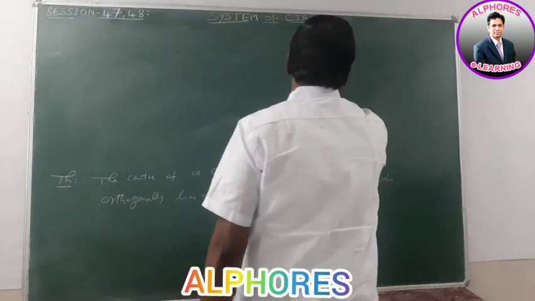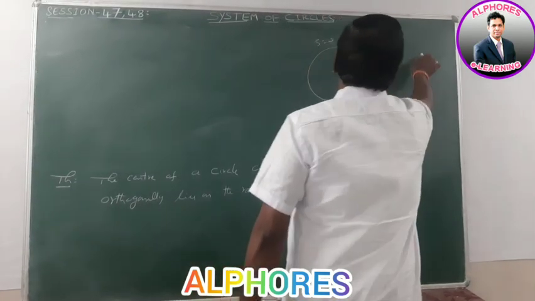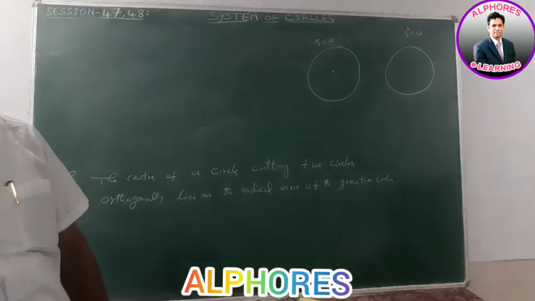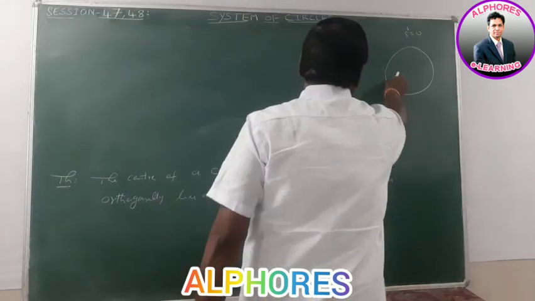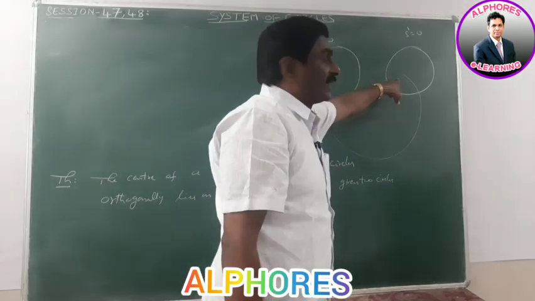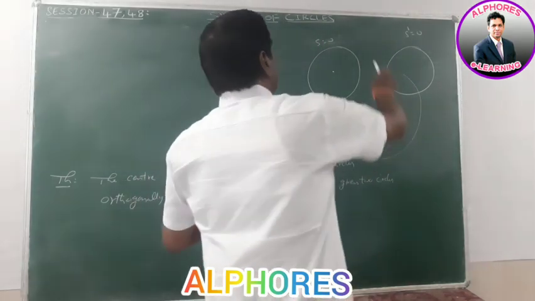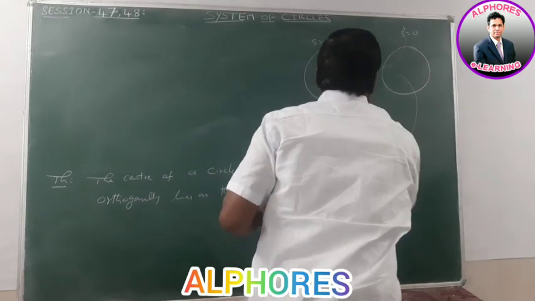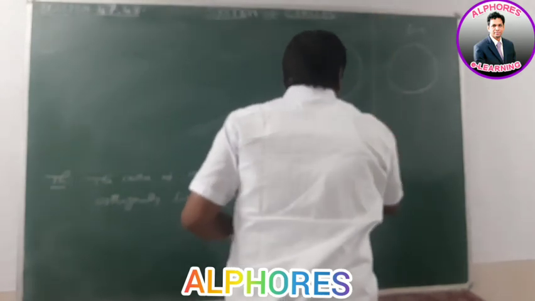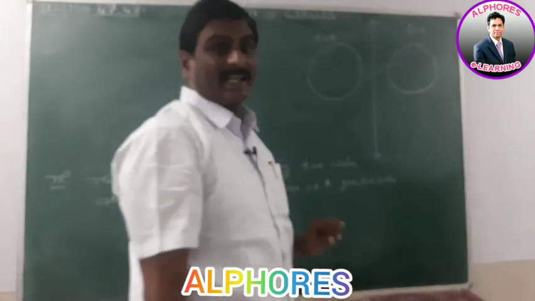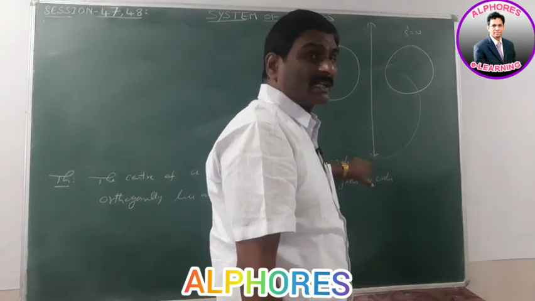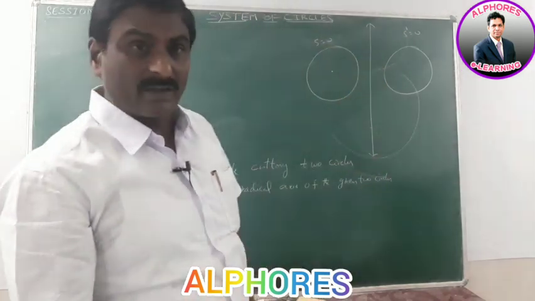Suppose it is the given circle, one of the circles S = 0, it is another circle S' = 0. These are two circles. Suppose another circle cuts these two circles orthogonally, that means the angle between the first circle and this circle is 90 degrees, the angle between this circle and this circle is 90 degrees. There will be many circles, many possibilities in this way, but the locus of all of these centers lies on the radical axis of the given two circles. The radical axis is nothing but S - S' = 0. We can prove that the locus of the center of this third circle must lie on the radical axis of the given two circles.